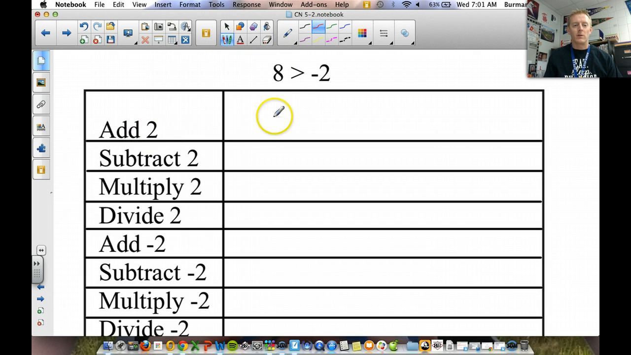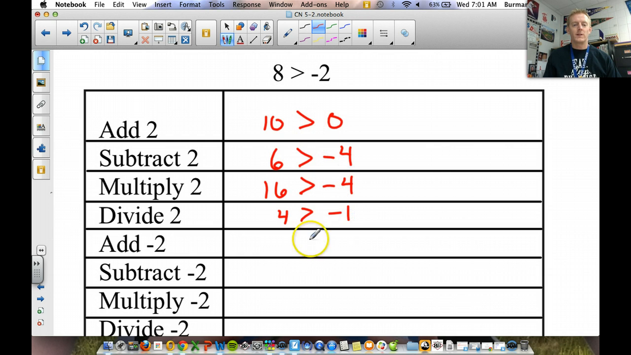If we add 2 to both sides, this is going to be 10 is greater than 0, which is a true statement. If we subtract 2, we're going to have 6 is greater than -4, still a true statement. If we multiply it by 2, 16 is greater than -4, still a true statement. If we divide it by 2, we get 4 is greater than -1, still a true statement. And if we add a -2, we're going to have 6 is greater than